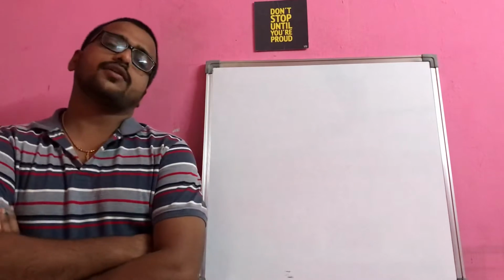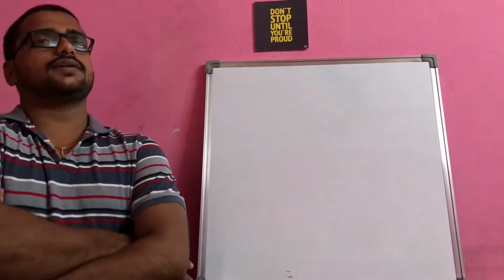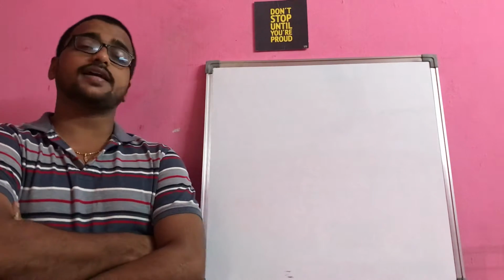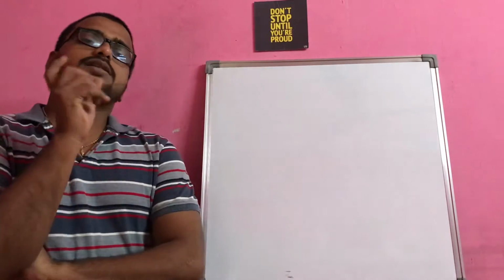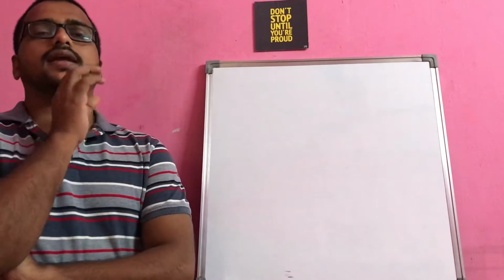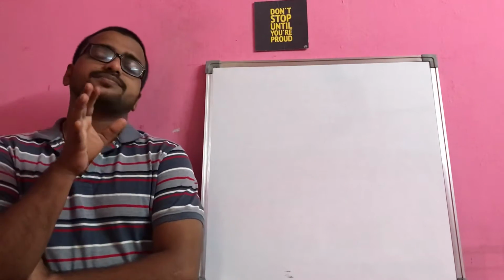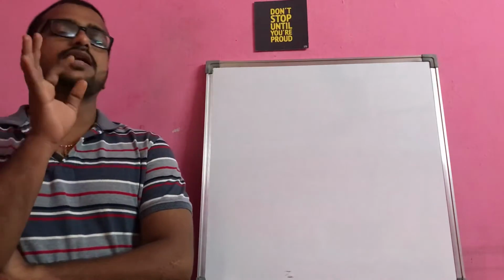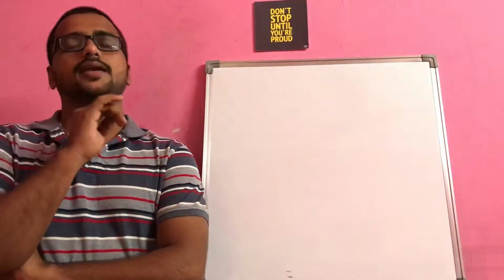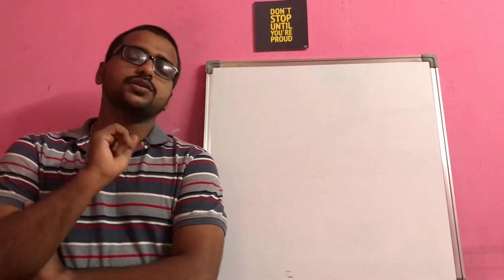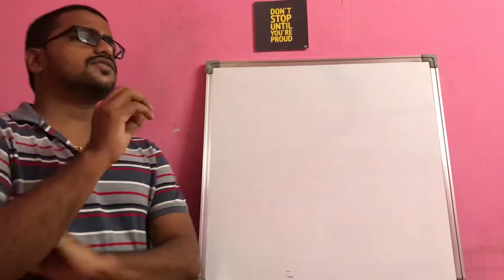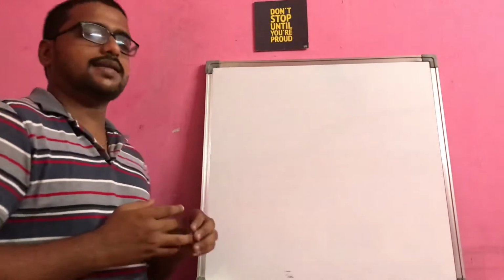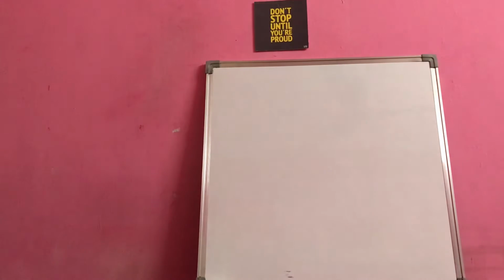You can follow the methods that we discussed already, like finding f dash of x, equating it to 0, getting the turning points, and finding f double dash of x. Based on the sign of f double dash of x, we can come to a conclusion whether it is maximum or minimum. If f double dash of x is greater than 0, it indicates minimum; less than 0, it indicates maximum. Even that procedure you can follow. But as of now, we will just discuss the concept of increasing and decreasing, and how we will use it for maximum and minimum, right? So let's get started.